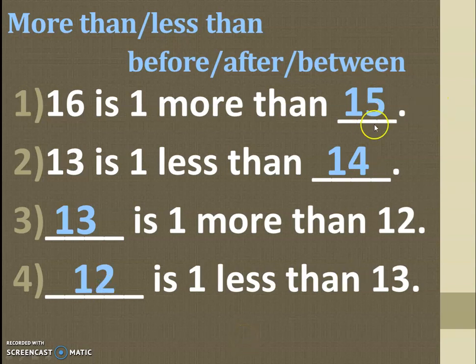It is easy. When they are asking for this first and second only, you will have to do it in the opposite way. You will have to find more than the lesser number, you will have to write. Lesser than 16. And less than the more than 13, you will have to write. But here, you will have to find out 1 more than 12. 1 less than 13 is all same and it is easy.